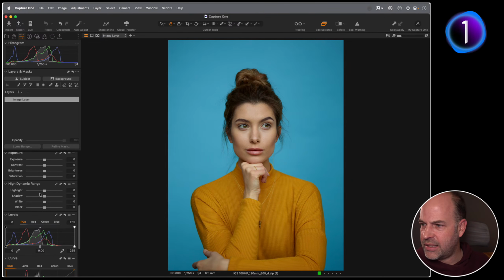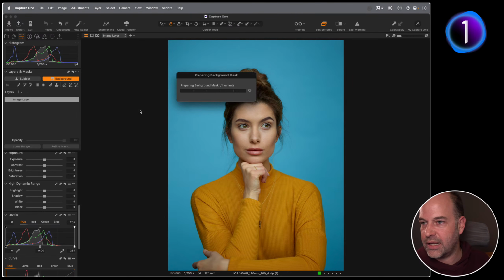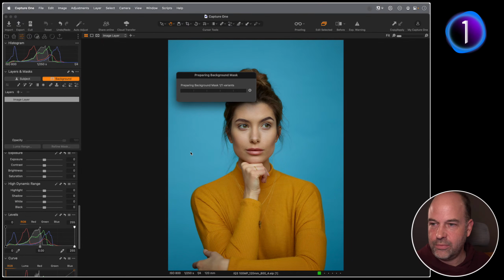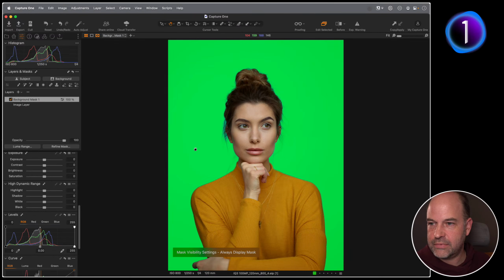So this is, I think, straight out of camera, so it's pretty spot on. Exposure, everything, white balance looks great. But let's say fussy client, we want to change the background. We want to make it more saturated, less saturated, whatever. So first of all, we could hit background for our AI masking like so. And that will give us this.